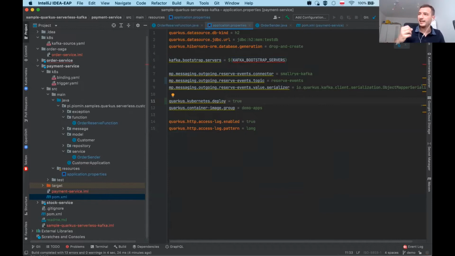And so if I set it to true, it means that during the Maven build, Quarkus will try to connect with my existing OpenShift cluster and try to deploy our application on this cluster. Okay, so we can also